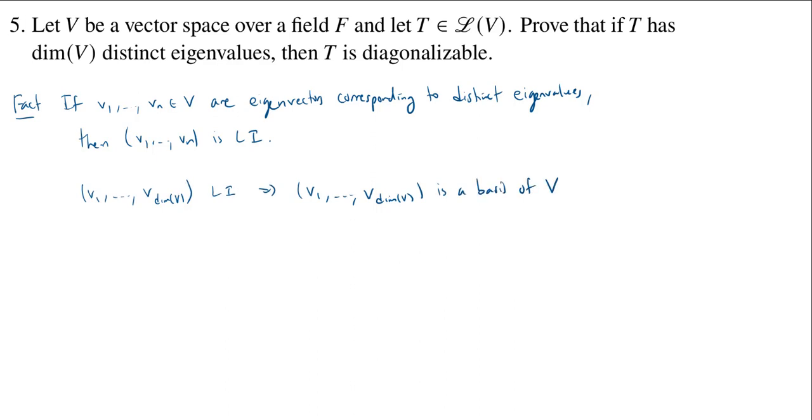of V. Now, each one of these corresponds to some eigenvalue. Let's say this v1 corresponds to a lambda 1, and so forth, up to lambda dim V. All right, and so now what would be the matrix of T with respect to this particular basis? This, by the way, is an eigenbasis because it's a basis of eigenvectors. So if I wanted to write down the matrix of T with respect to this basis, so I have v1 through v_dim V,